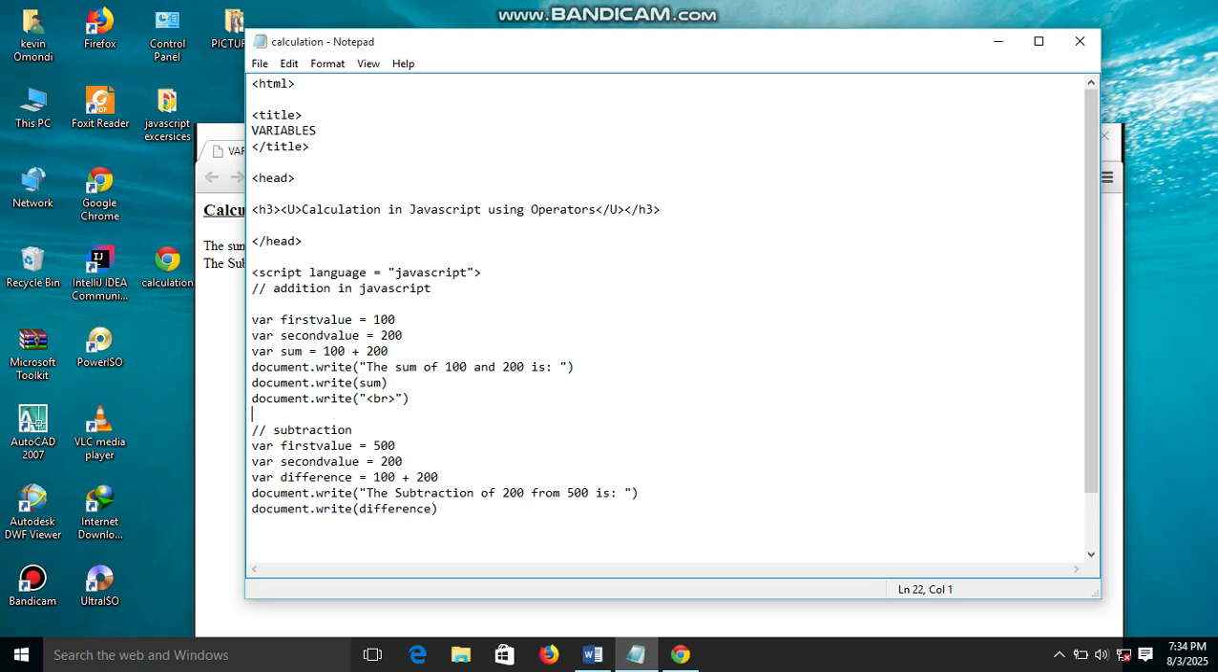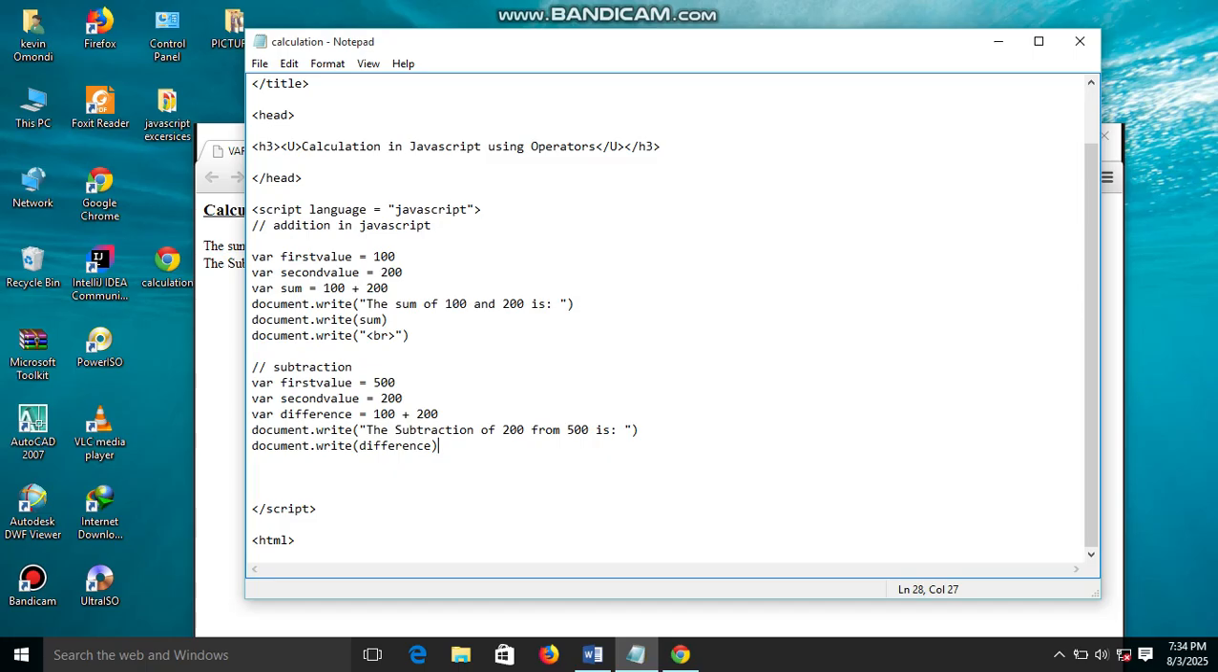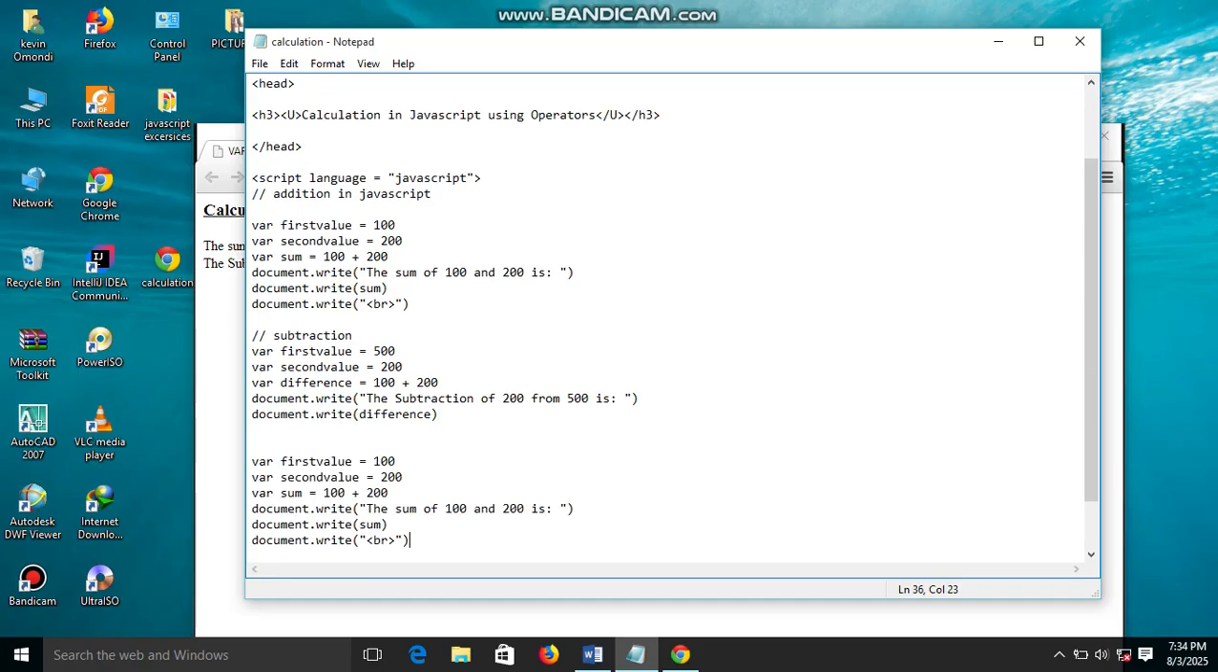And if you move a bit, with the same values, we can do division. First value is 100, second value, let us put it as 20. The division is equal to 100 divided by, we use that, divided by 20. Then we produce